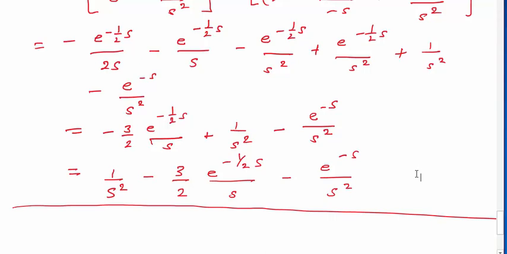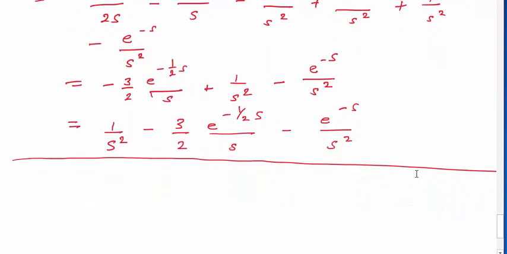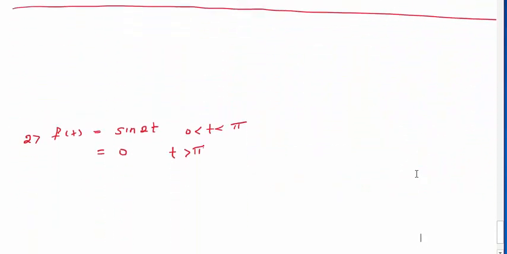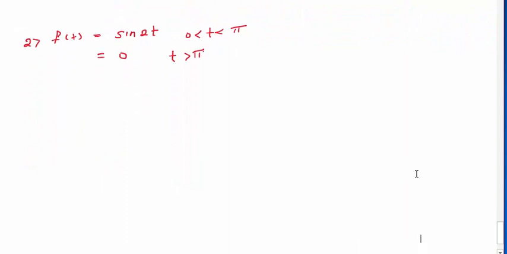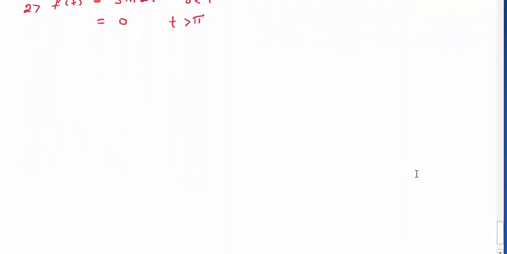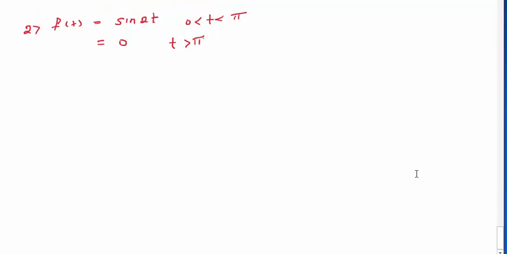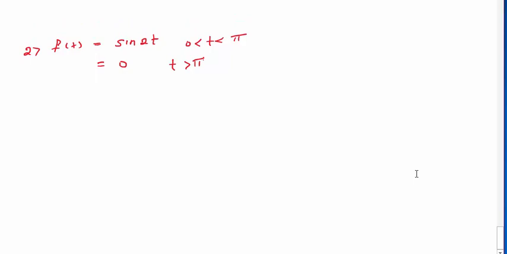Now let us move to the next problem. Next problem is f of t is equal to sin 2t when t is between 0 and pi, and its value is 0 when t is greater than pi. The solution, again, Laplace of